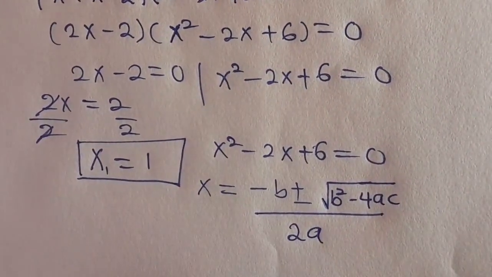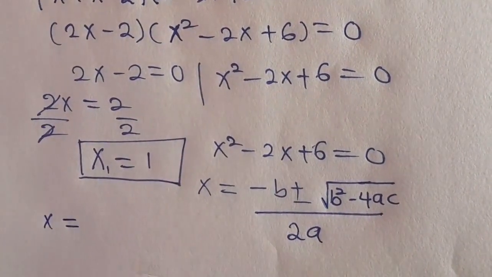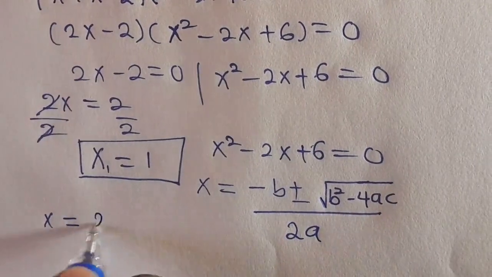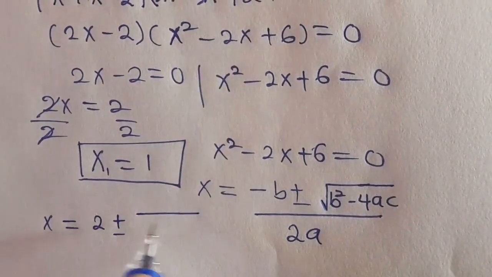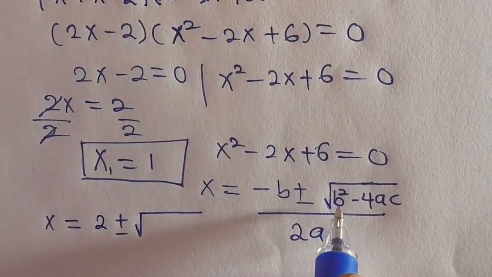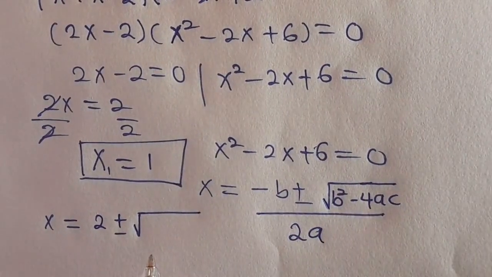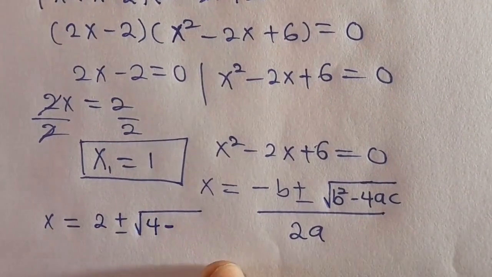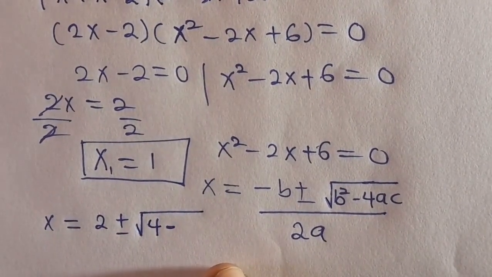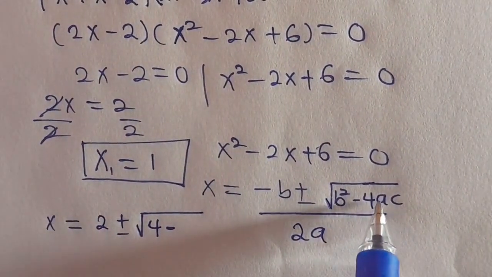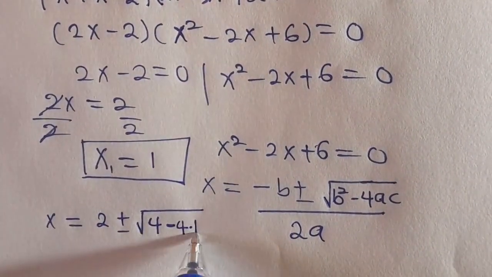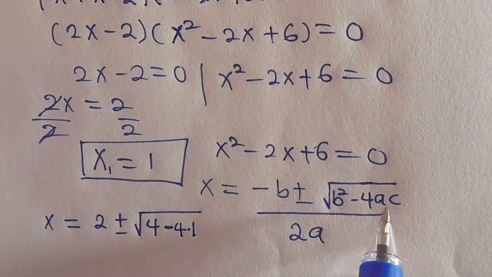So from here we have our x to be equals, our b from here is minus 2, so we have here to be 2, then positive or negative square root of minus 2 squared will give us 4 minus, then we have here to be 4 times our a is 1, 4 times 1, then our c